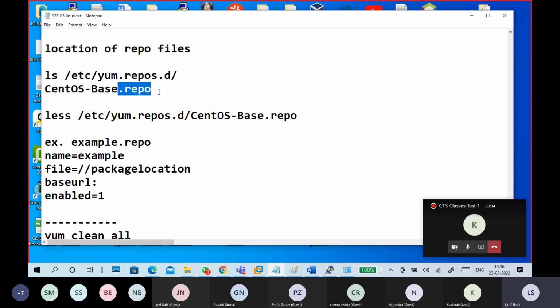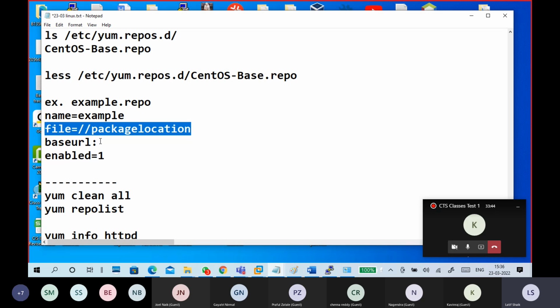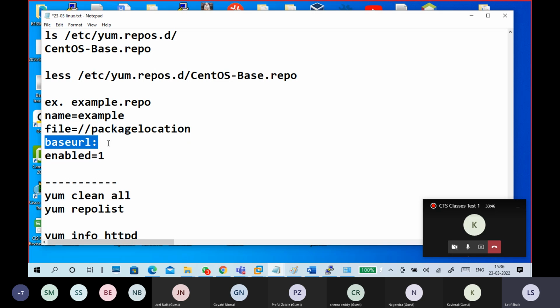So with the extension .repo, we create a file. Inside the file, we specify the name of the repository, the file location if it is a local file, or if it is a remote file accessed through HTTP or FTP, the remote location, enabled, and GPG check like that.